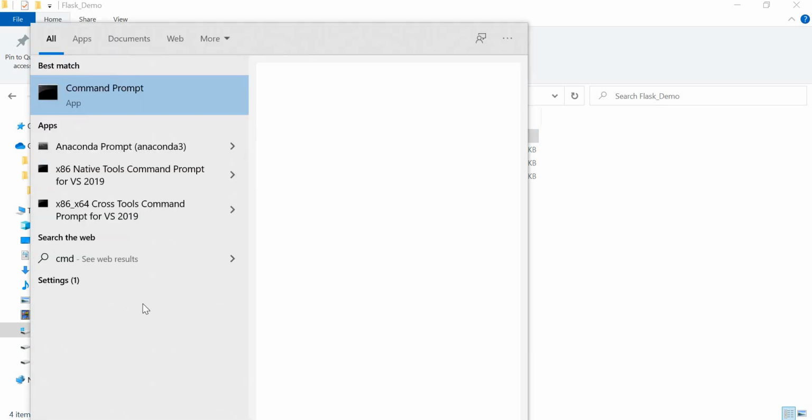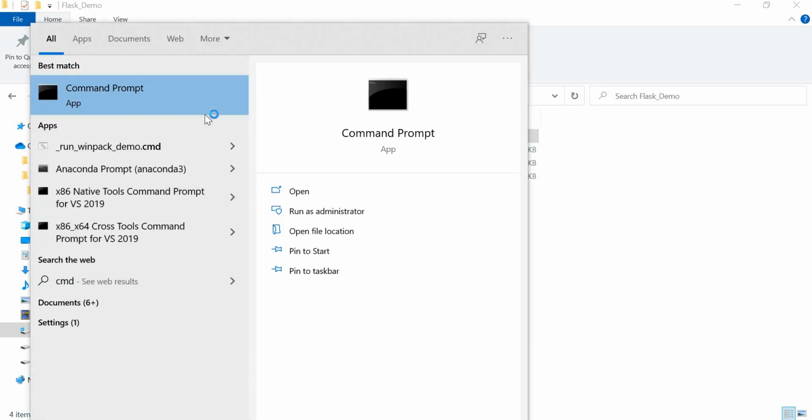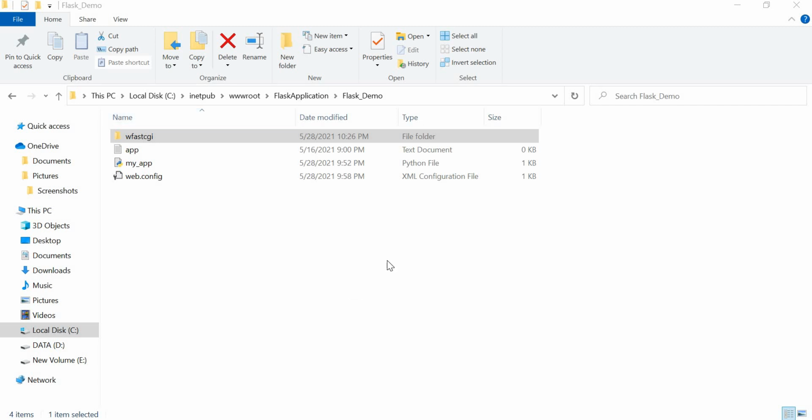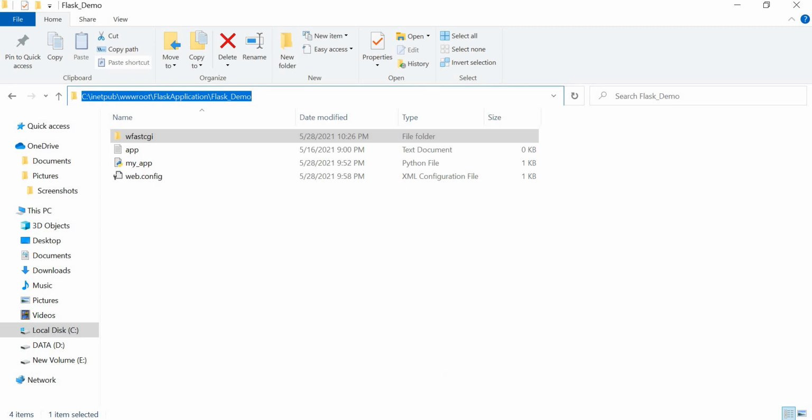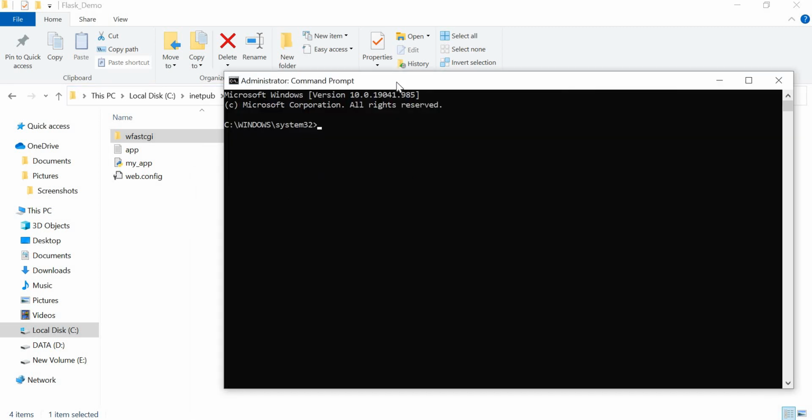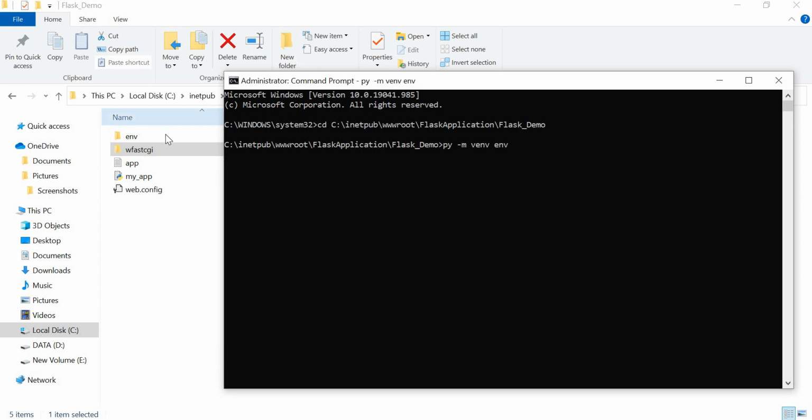First of all, we'll create the virtual environment, right? Run as an administrator. Open the command prompt and run it as an administrator. So we'll create the virtual environment. We'll copy this path and go inside this directory. Then we will create the virtual environment. Once you run this command, you can see in this directory an env named folder is created, that is a virtual environment, right? Then we'll activate this virtual environment, then we'll do the required steps.